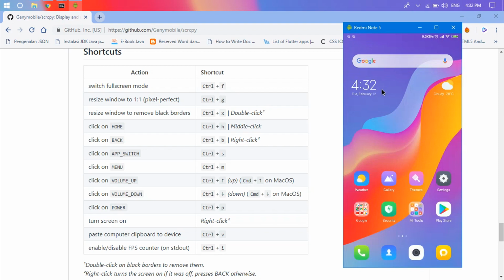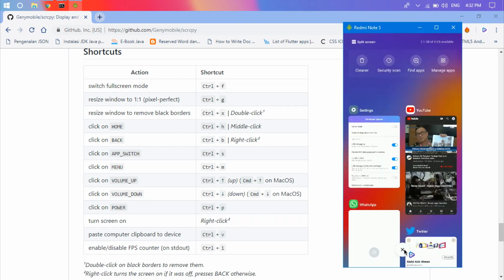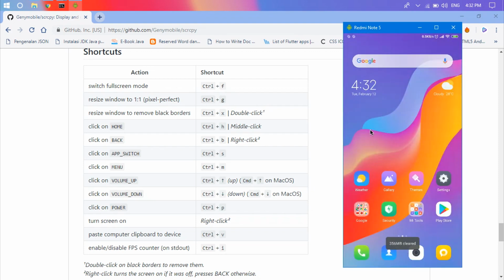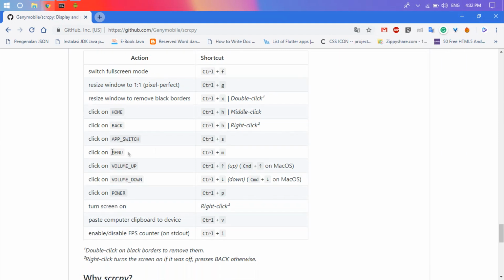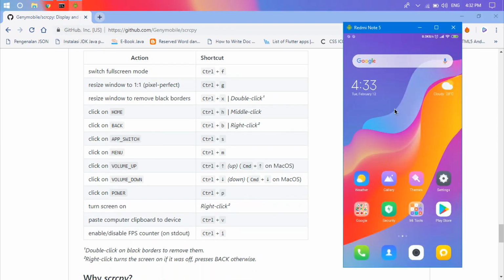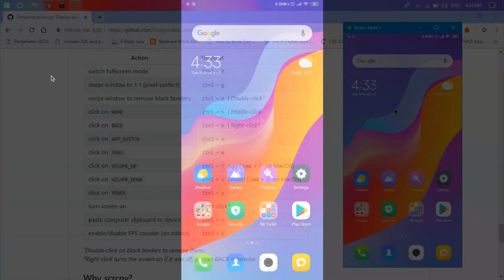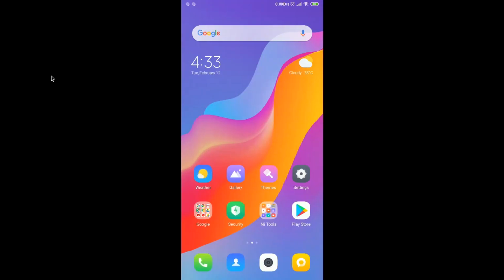Boom. We can delete from here. We can install an application, just drag and drop, and more. We can turn the volume up and down. Okay, so easy. We can press Ctrl plus F to make it full screen.